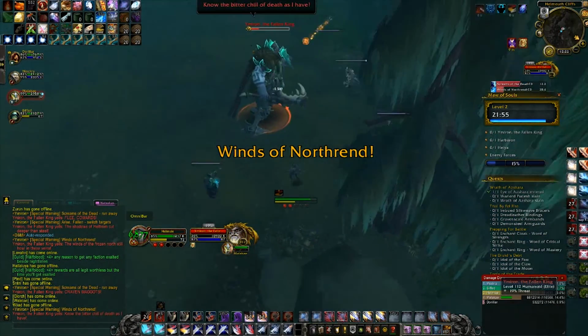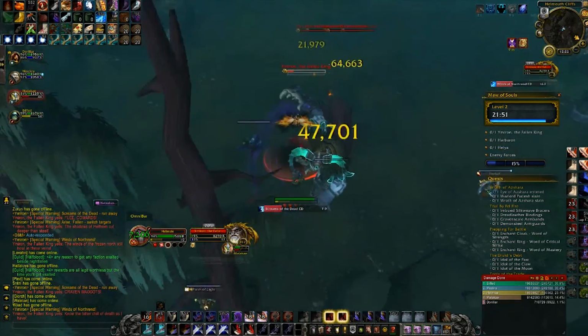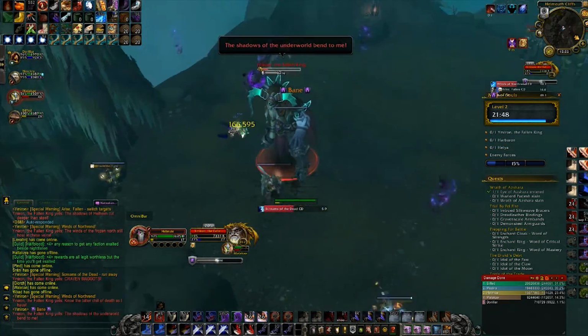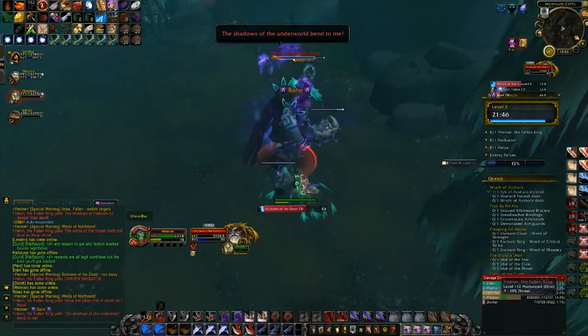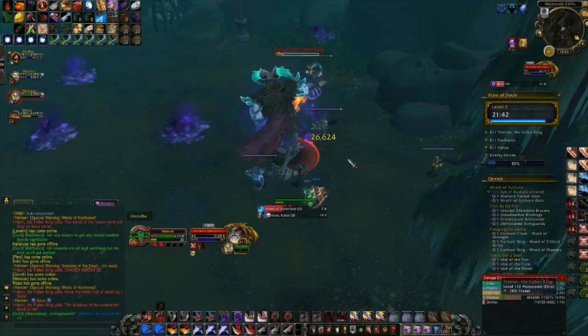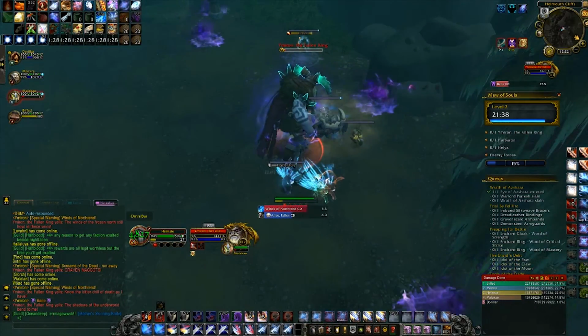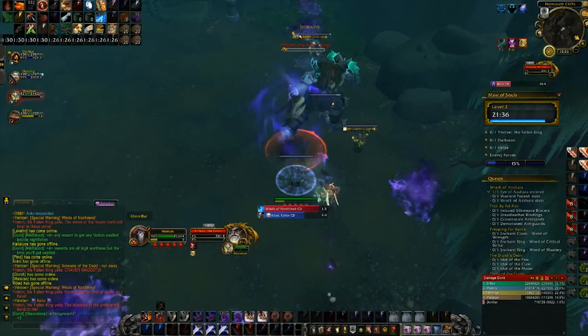A couple of seconds ago, you'll notice that he put kind of a purple circle on the ground there. You want to stay out of that. The next thing that he did was with the blowback, and on that, it doesn't do a lot of damage. You can honestly DPS through it. It literally only does about 15% of your health, and then the last thing that he'll do is actually drop